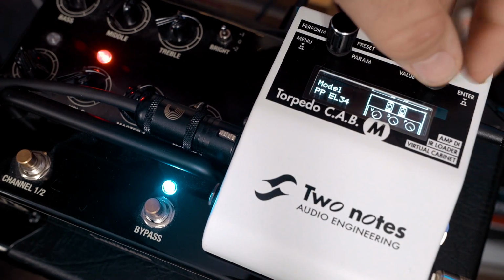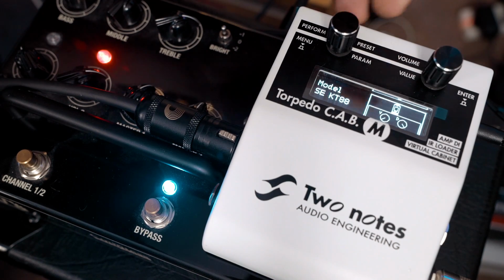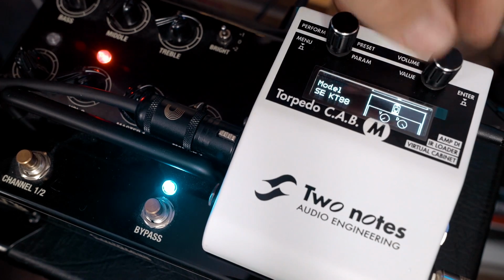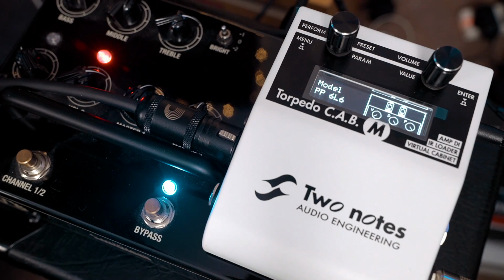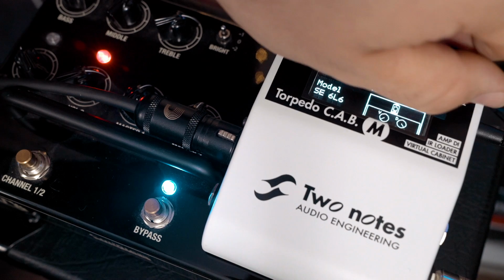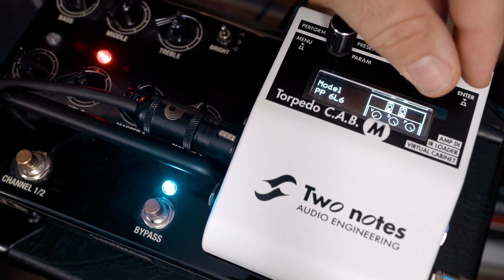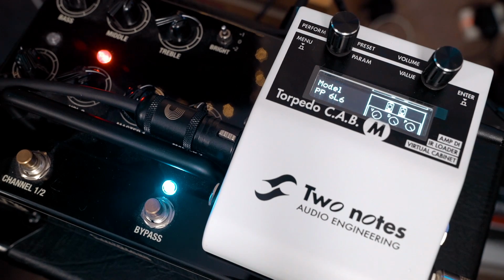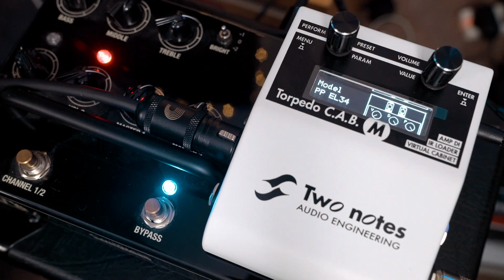It's also worth saying that if we go back, when we get to 6L6, if we go back to the left, we run into single-ended mode, which if you don't know what that is, it's where you use one of the two power amp tubes. So this is the difference. Here's 6L6, and then 6L6 in single-ended. Basically, it gives you a little less low end. It depends on what you're running, to be honest, but I actually quite like EL34,